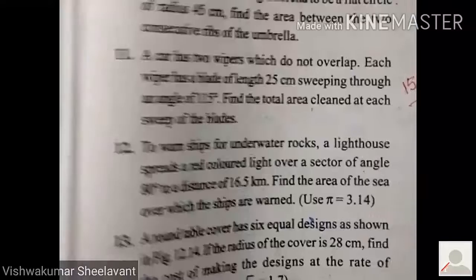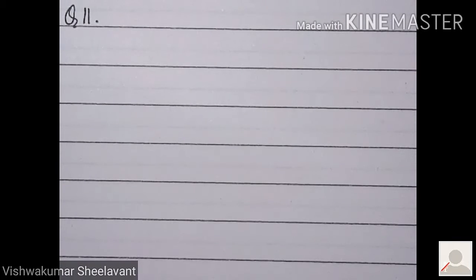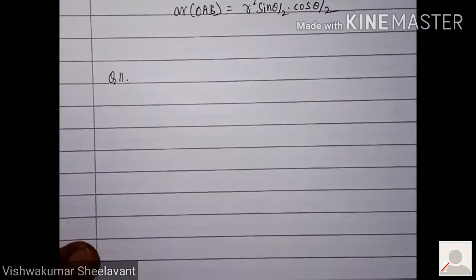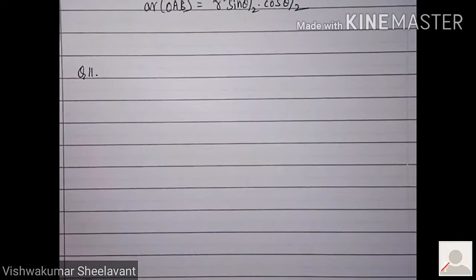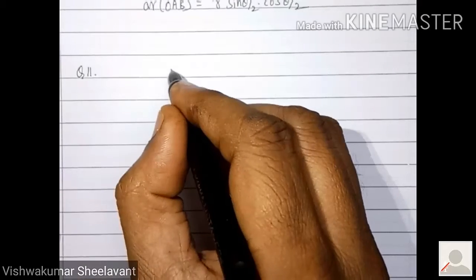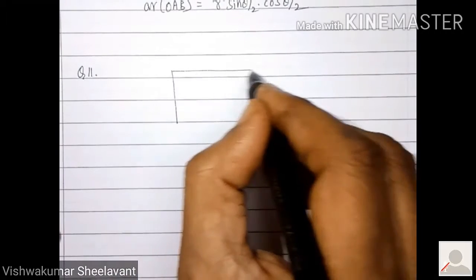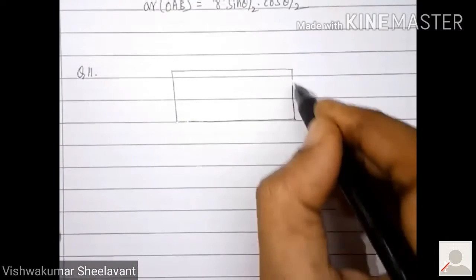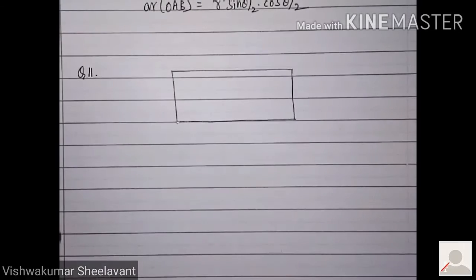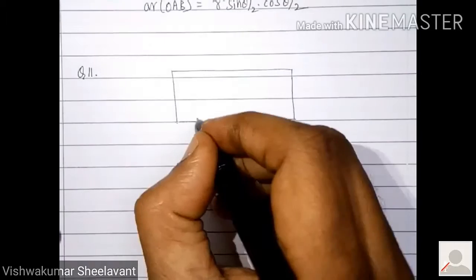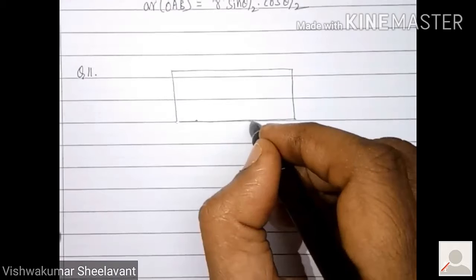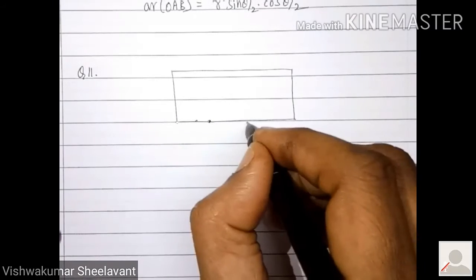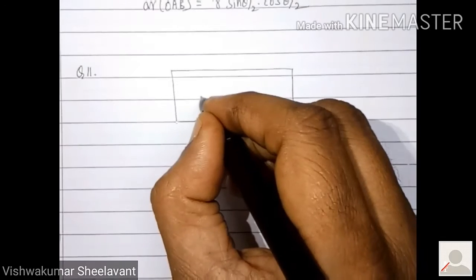It is a very real life problem. You all will have come across such experiences in your life. For calculation purpose, you consider the car front shield or front glass as a rectangle. Okay. And there are two wipers. I will show one wiper here and one wiper here. These are called wiper blades.